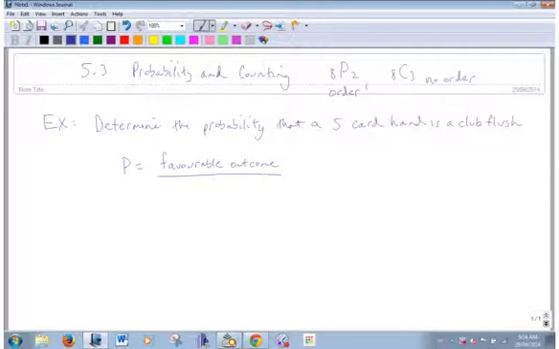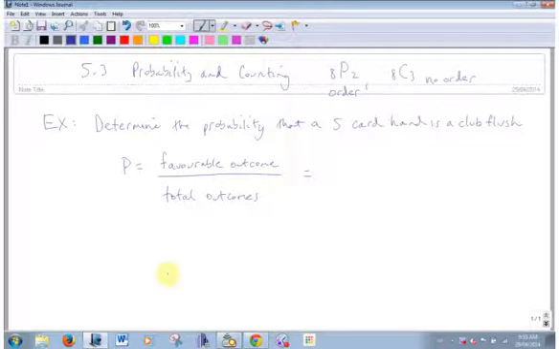The favorable outcome is I want the loonie. There's 1 loonie in there. What is the total number of possibilities if I have 4 coins in my pocket? Well, there's 4. There's a 1 in 4 chance. Most of us, that's kind of common sense, right? It's like a multiple choice question on a test. So favorable outcomes over, you can word this a few different ways, the total outcomes, or the number of possibilities, or the sample space. That's probability. You kind of know it, but maybe not in the formula form.